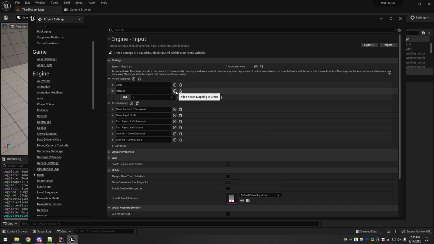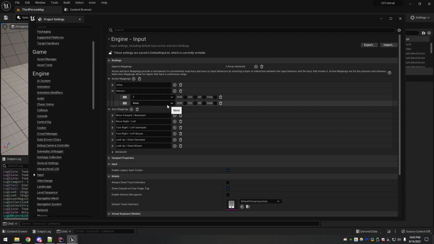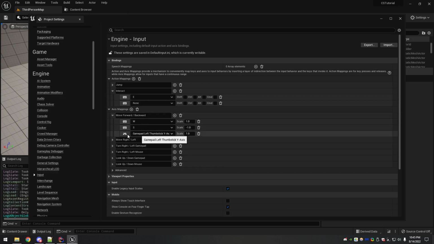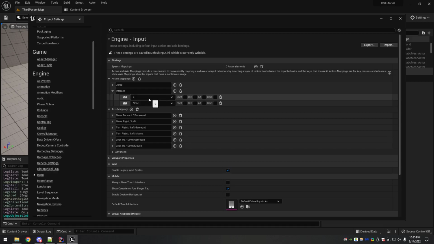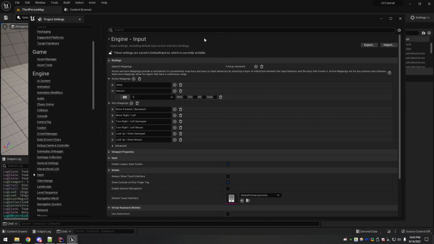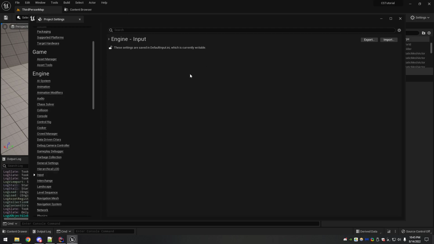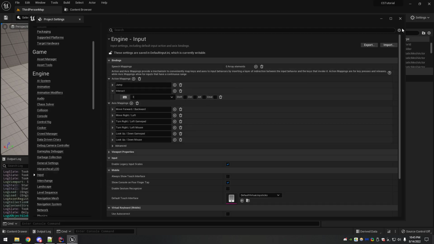Now I'm okay with using E. You can add another one here and say you want to bind it to like your gamepad or something if you want to play this with a controller. This is where you'd add two, because if you see, they did that here, right? They have a gamepad binding and then two keyboard bindings for forward and backward, and then it uses the Y-axis on the thumbstick. So if you want multiple things or just a different key, change that. But otherwise, this is like linked to like an XML or something in the background. So all you do is when you add something here and kind of like click away, it's saved. So all you gotta do is close it.